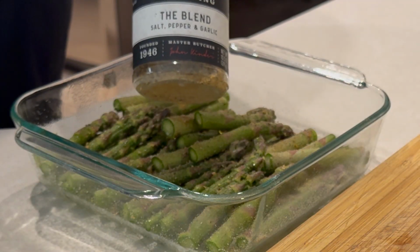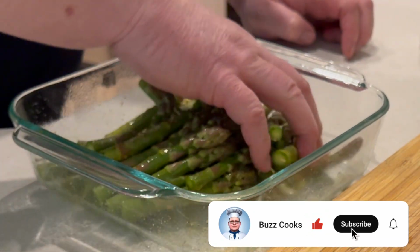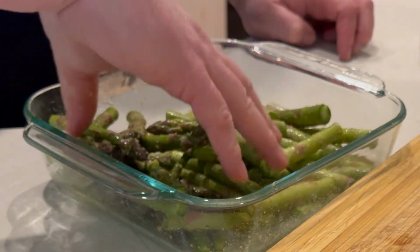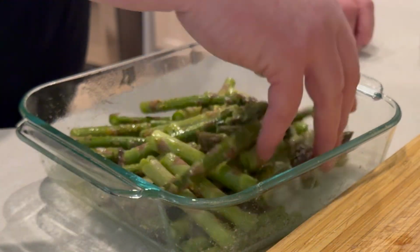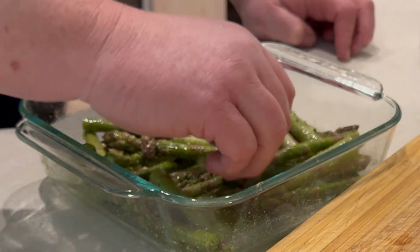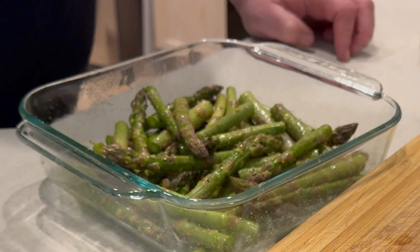Now, I know I said I'd use cast iron, but I realized I can't really do the sauce in cast iron without damaging the seasoning of the cast iron, so I decided to go with stainless steel. So I'm going to get out a nice stainless steel pan,